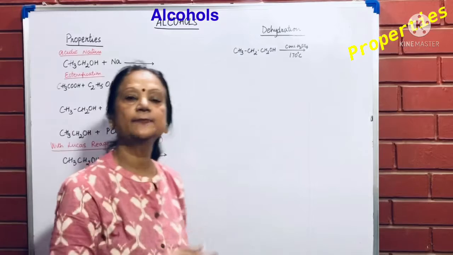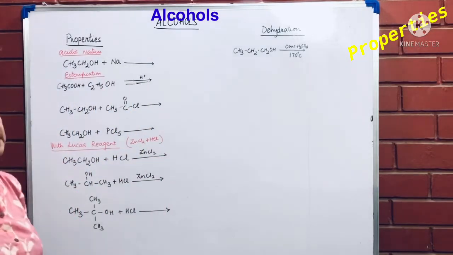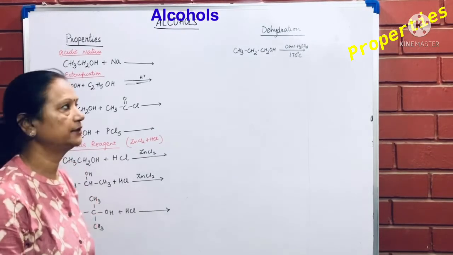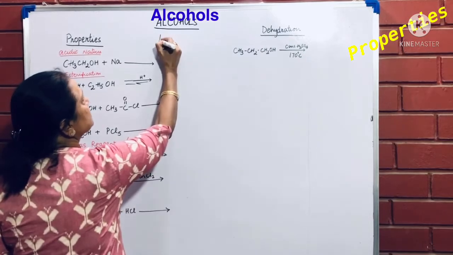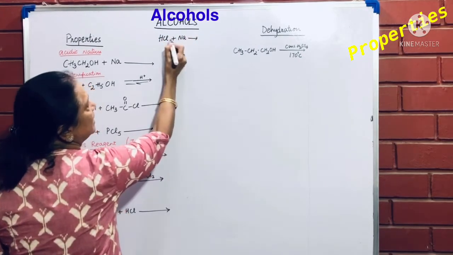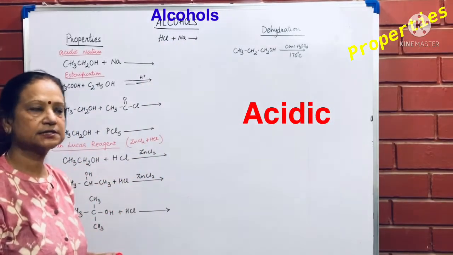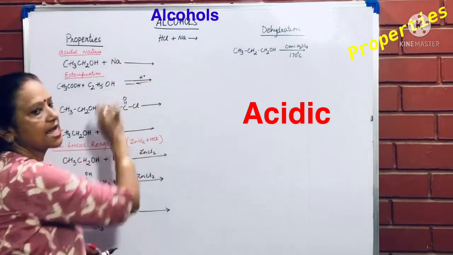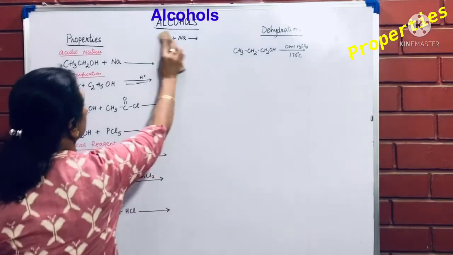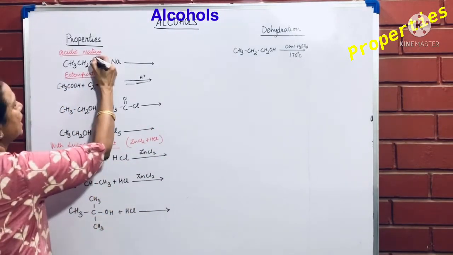Now look at some of the major properties of alcohols. So alcohols are acidic in nature, and if you remember, acids react with active metals to give out hydrogen. Like if I want to write down, say, HCl reacts with sodium, it's going to give me NaCl plus hydrogen. That means hydrogen will be released when active metals react with an acid. Now similarly, when alcohols react with a metal, they give out hydrogen.